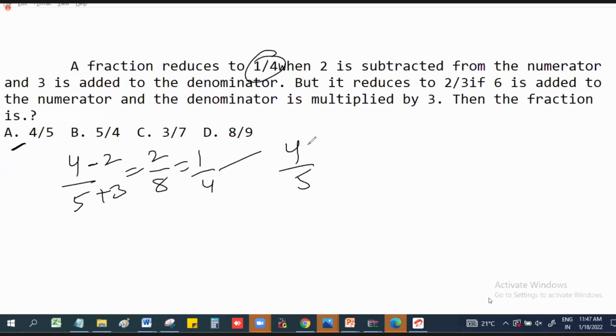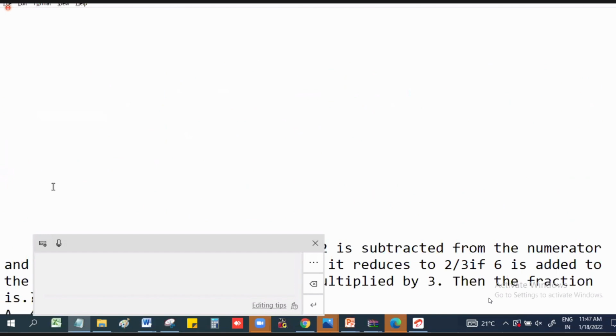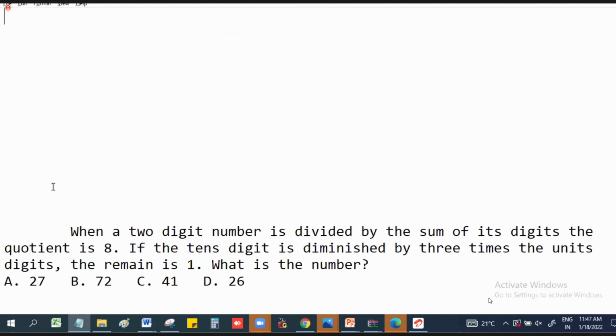Numerator is 6, added to the numerator, and 3 is multiplied in the denominator, which is nothing but 10 by 5 3s are 15. That is nothing but 2 by 3. Second condition is also satisfied here. Then which option was right? First option. So whenever there is a fraction based question, digit based question, please go and solve with the